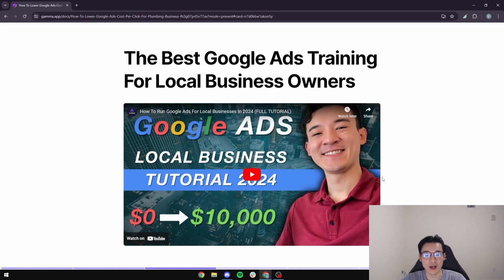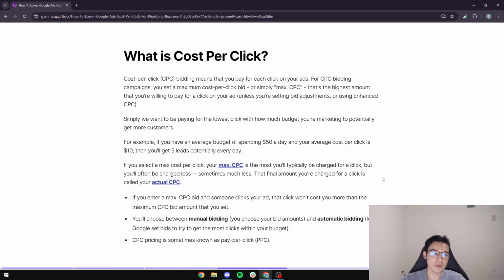But let's dive right in and understand the whole point of cost per click. So what is cost per click? Cost per click is known as CPC. This is a bidding model, which means you're paying for each click on your ad. For CPC bidding campaigns, you want to set a maximum cost per click, or simply known as a max CPC in advanced terms. That's the highest amount that you're willing to pay for a click on your ad, unless you're